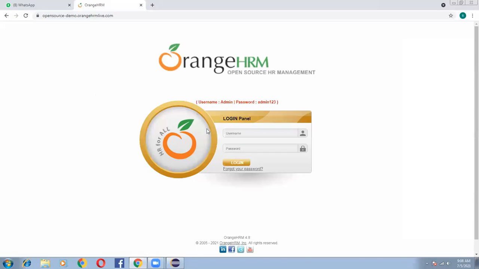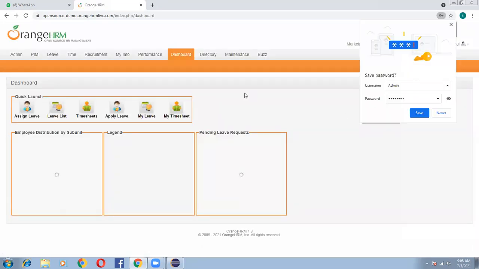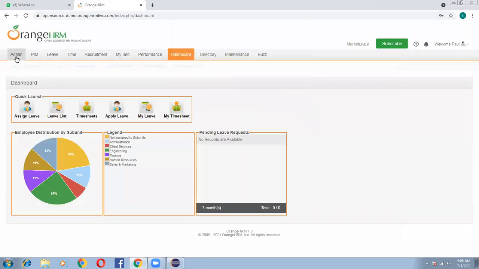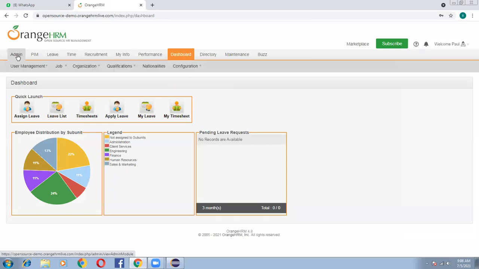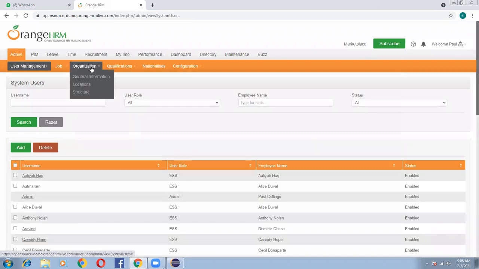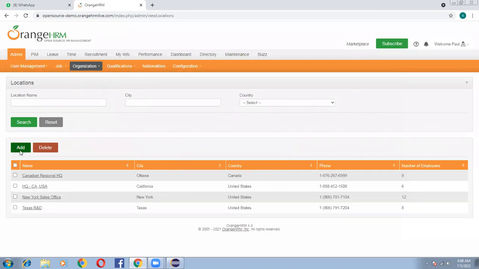So here I am navigating to the application, admin 123, and I'm clicking on the login button. I want to automate a drop down scenario. Once I navigate to the home page, I click on admin, after that organization, after that locations, and then the add button.